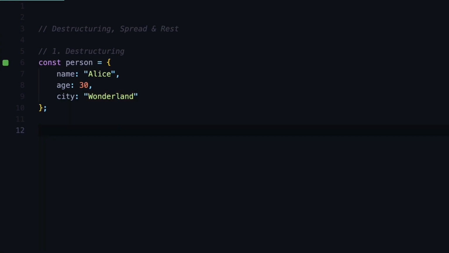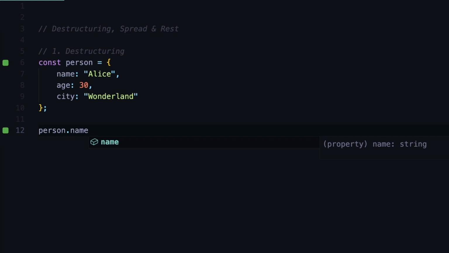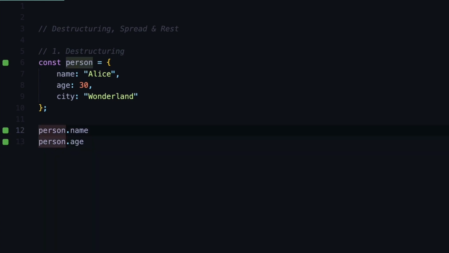If we now want to access its properties, let's say we want to access person.name, we can access it with this dot notation, which we learned in the previous lesson. And then we can maybe access another property like age on this person. But if we are going to repeat this many times in our code, let's say we are going to use the same name property throughout our code many times, it's better to assign it to a variable and then reuse it. And we can do it by assigning a variable to this, but there is a better way to do that,